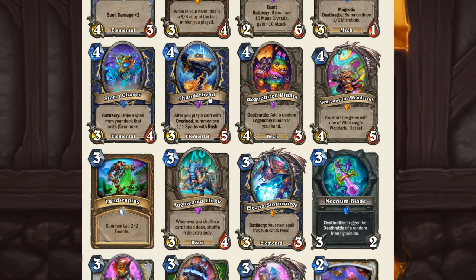It's alright. I'm just going through these, like, are they gimmicky? They're okay. This could help out a gimmick, but this is kind of like whatever. Weaponized Pinata. This is what I was talking about earlier. Add a random legendary minion to your hand. So if you just keep...